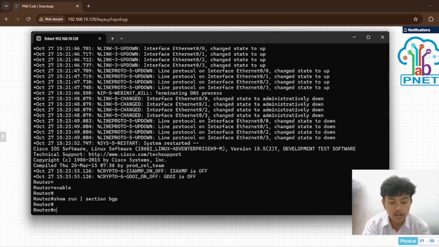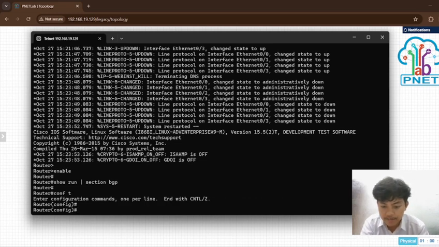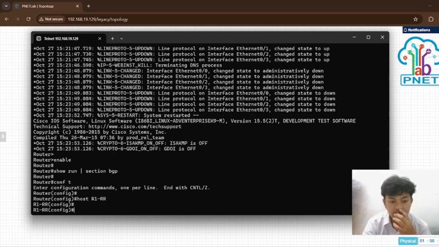Then I enter config terminal, and make the hostname for the router: hostname R1 RR.